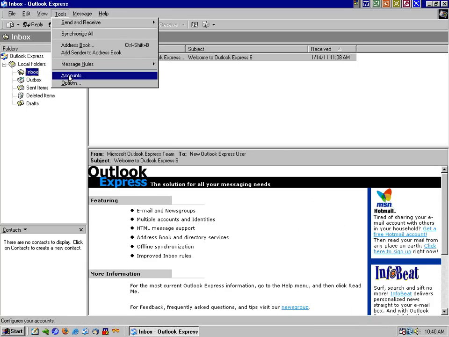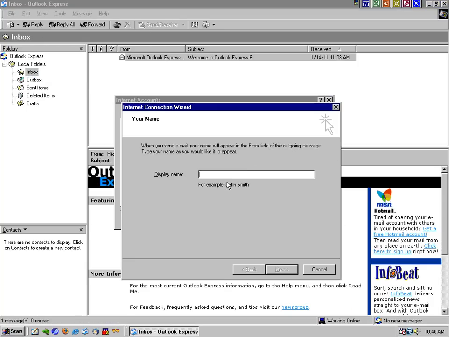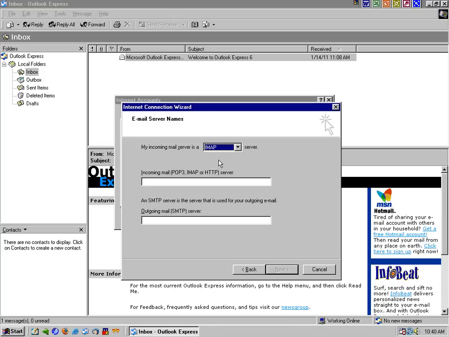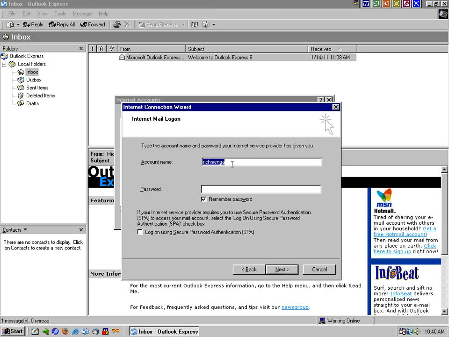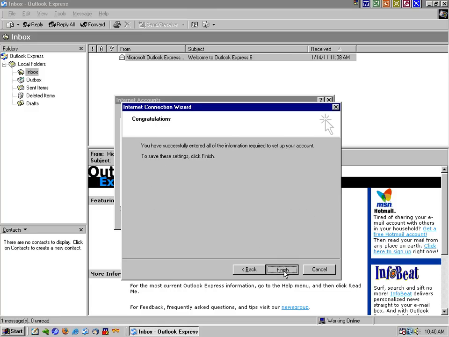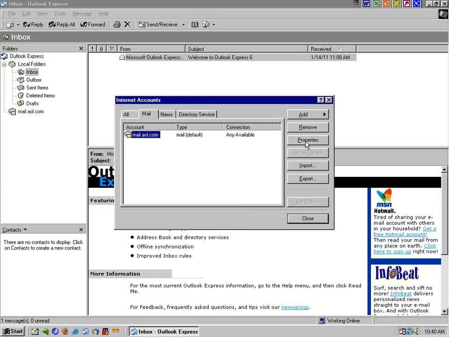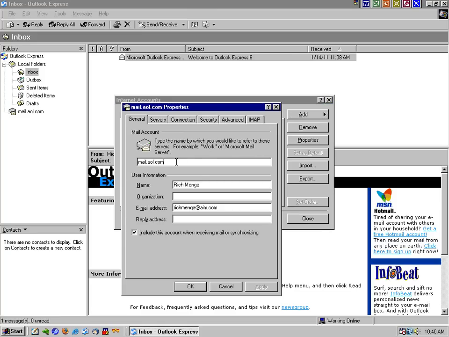Okay, tools, accounts, add, mail, my name, email address, IMAP server, incoming, outgoing, account name, password, next, finish, select mail account, properties, change the account name,